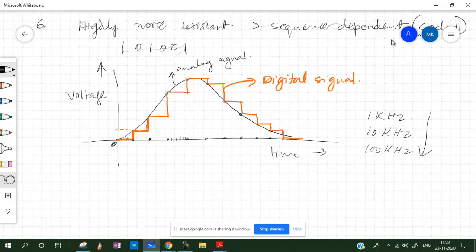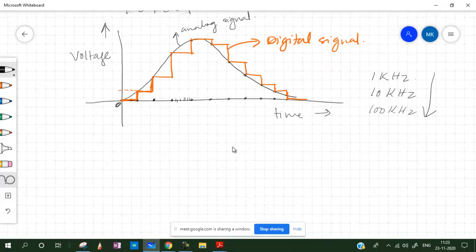Obviously we cannot increase it too much, because increasing the sampling frequency would mean increased requirement of hardware, plus additionally increased memory space, resources, and other issues with digital electronics at very high frequencies. So we need to strike a trade-off on the sampling frequency of the signal with which we can reproduce the best amount of the analog part of the signal. That's very important in analog to digital and digital to analog conversion. All right, so now